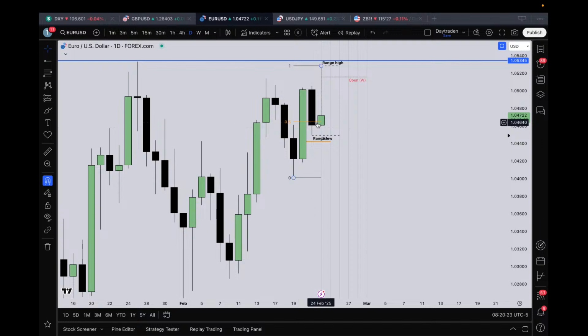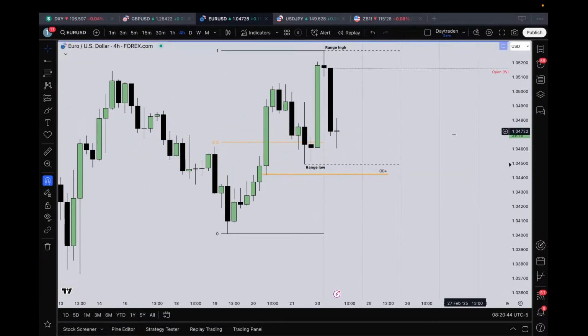So this order block should be valid, and this low should hold overall if we are truly bullish. Personally, I am looking for this area to be used as the low of the week. So this order block could be used as a high time frame key level where the low of the week is going to be formed, so that we can trade higher from this area itself.